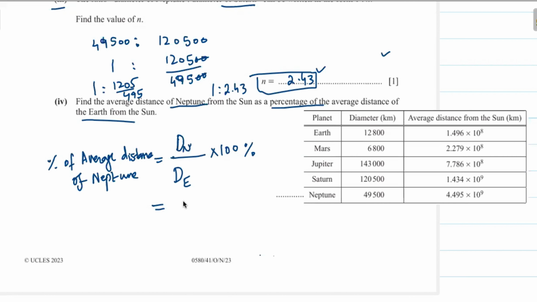The distance of Neptune from the Sun is 4.495 multiply 10 power 9, multiply 100,